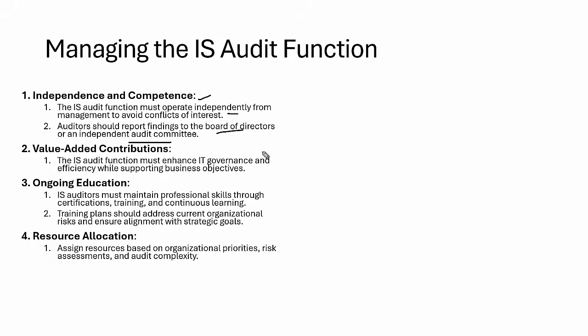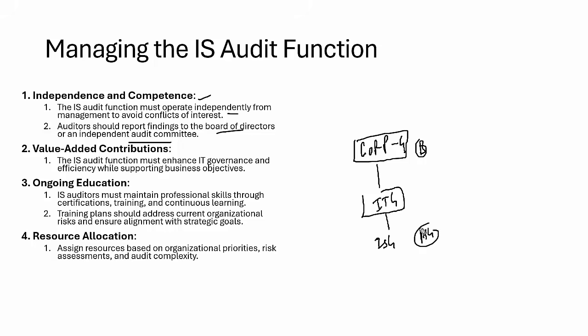Now, what is IT governance? When you're talking about governance, governance is a set of operations. Like we have parenting governance in the house, right? Parenting governance is what? Parents create rules, parents create a time schedule for our kids. Same like that, an organization has a senior management board, they create rules, they create policies by which we manage the operations. So we have first corporate governance, which is created by the board. Then it is backed and supported by IT governance, which is created by the CIO. And then we have information security governance and we have audit governance. I'm just giving an example here. So governance is a set of operations.